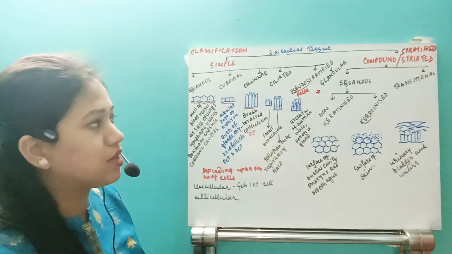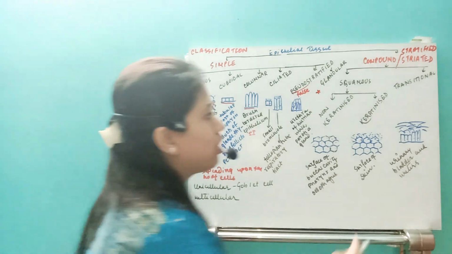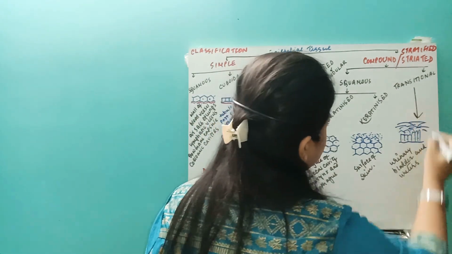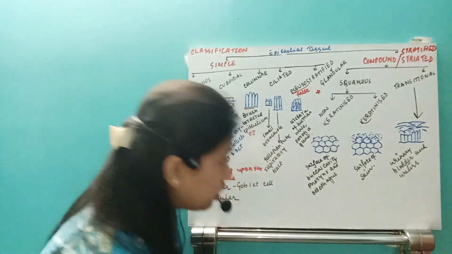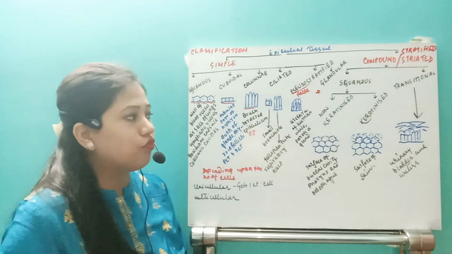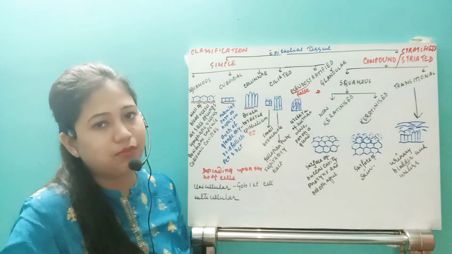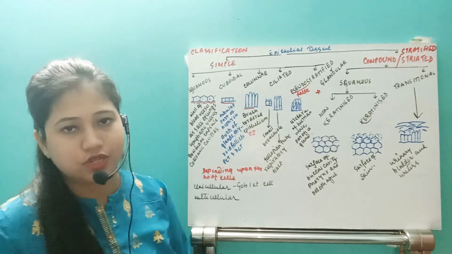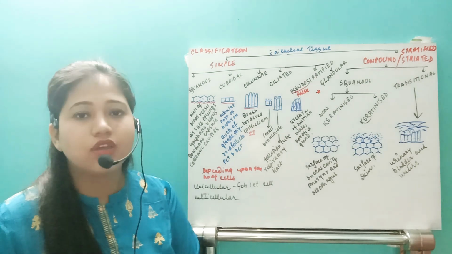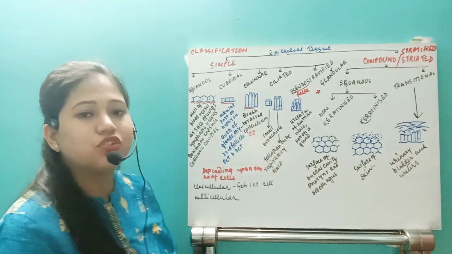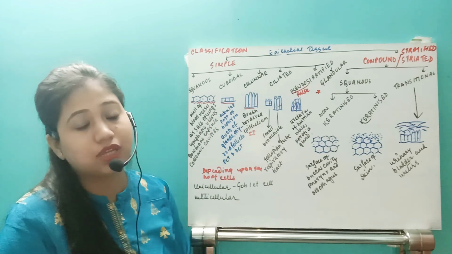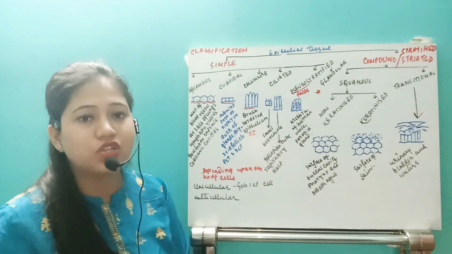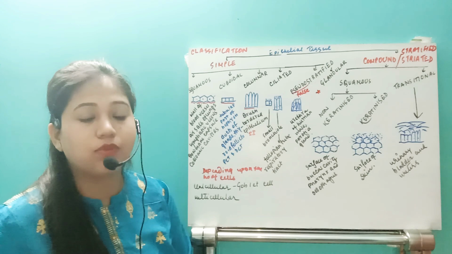So that is known as transitional epithelium, which we are going to have in the urinary bladder, ureter and uterus. So that's all about the epithelial tissue. Hope you have understood. Just remember this classification chart from this chapter, because it is going to be very important, as the locations are going to come from this.